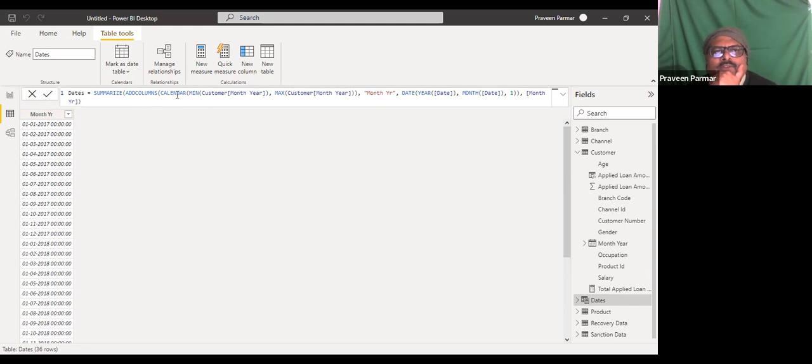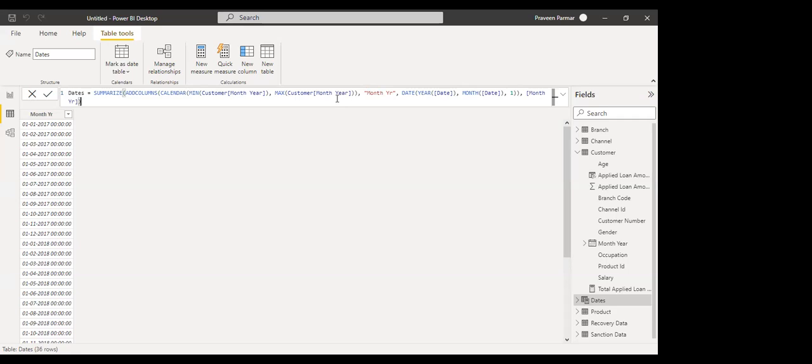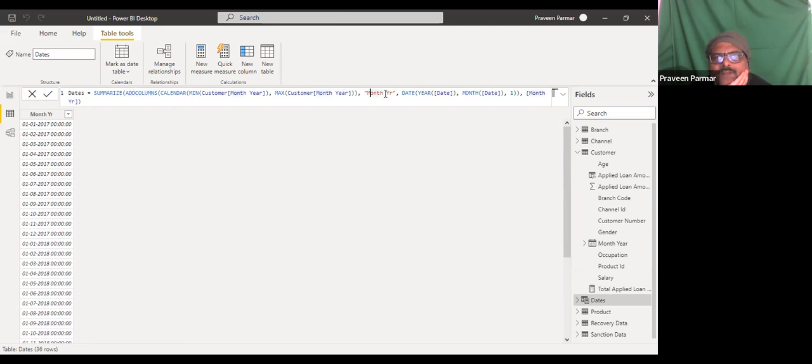First I am taking the minimum and the maximum date. You know what it means: I am covering the dates from minimum to maximum. Then add columns as month, year.